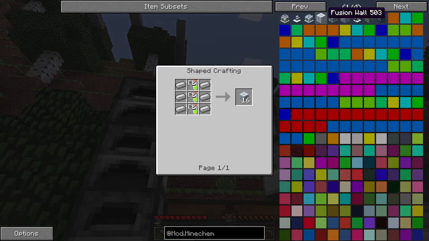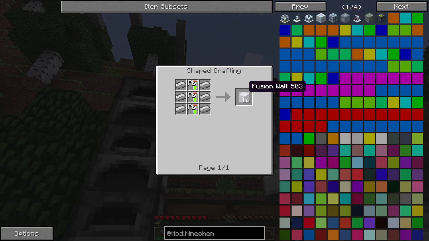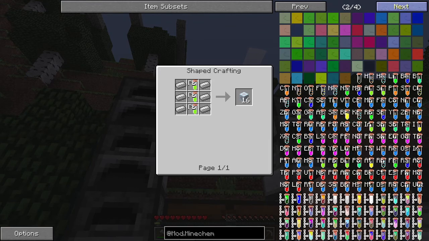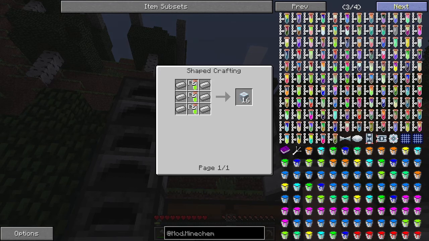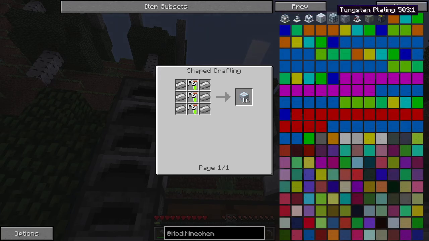Now, we need to make fusion wall for the fusion reactor, and we need to fill it in with something. I don't remember what, actually. That's unfortunate. Let's see. I think we fill it in with...